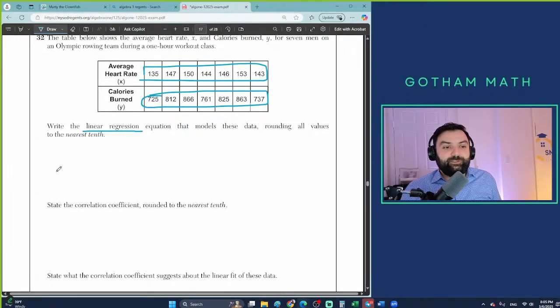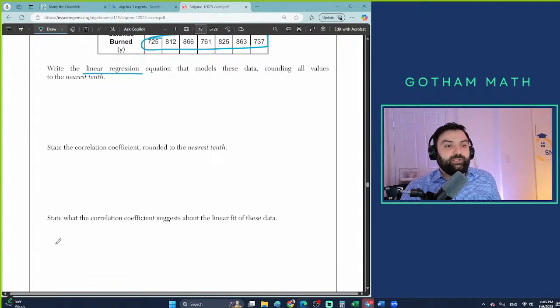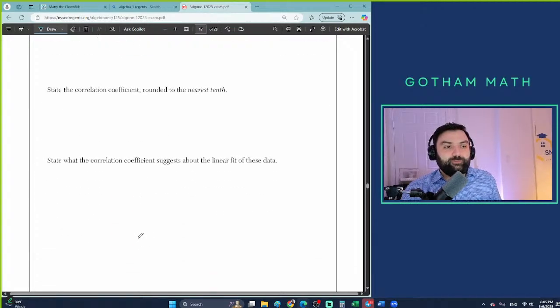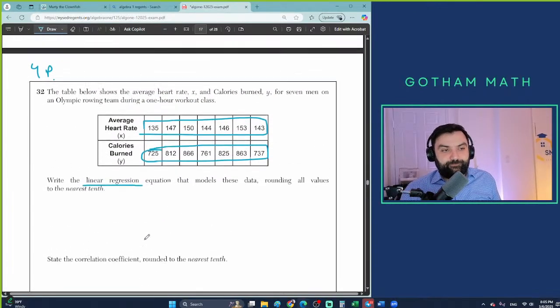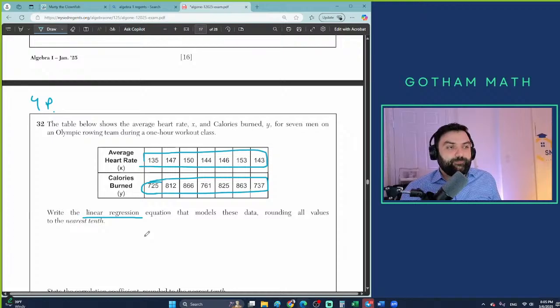It's literally like you press the buttons, it's literally there. They tell you what would be the equation, what will be the correlation coefficient, and what is it? State the correlation coefficient, and then determine what the correlation coefficient says about that problem. Okay? So this is a problem that we will do in our live class. All right. We're moving on to